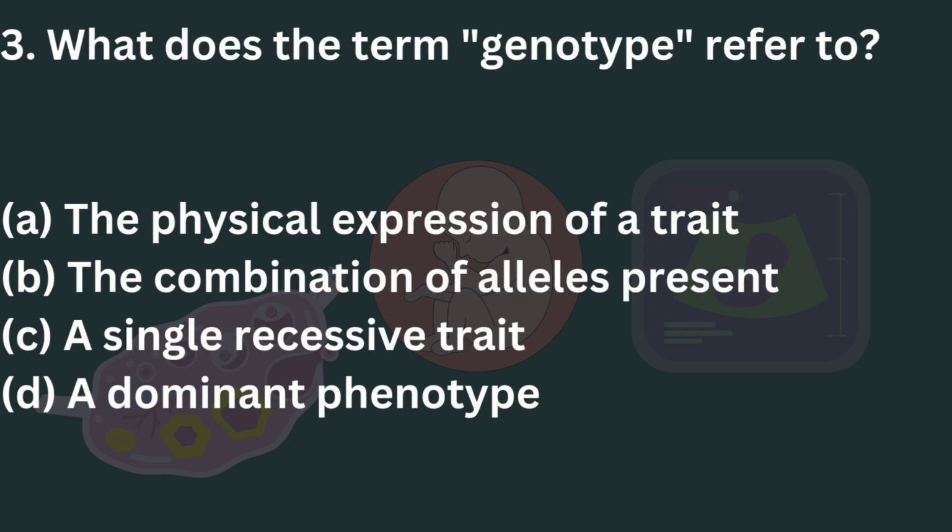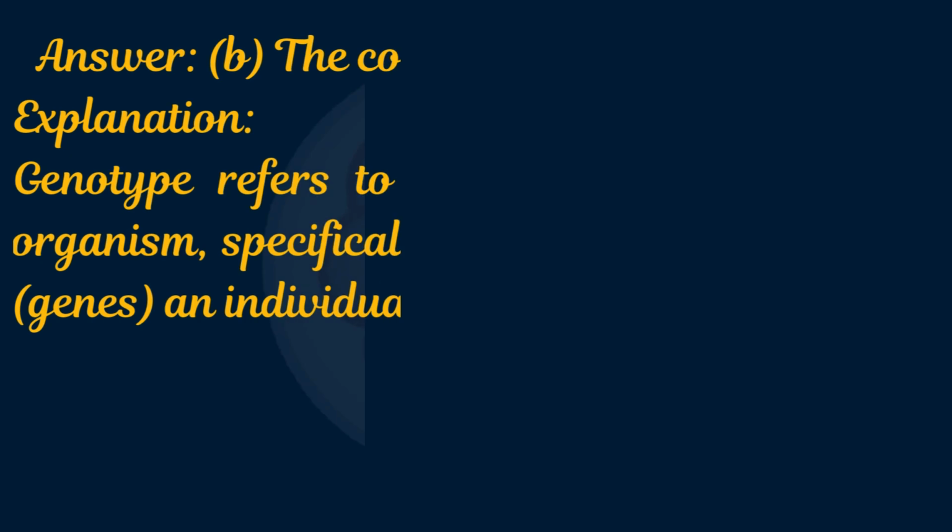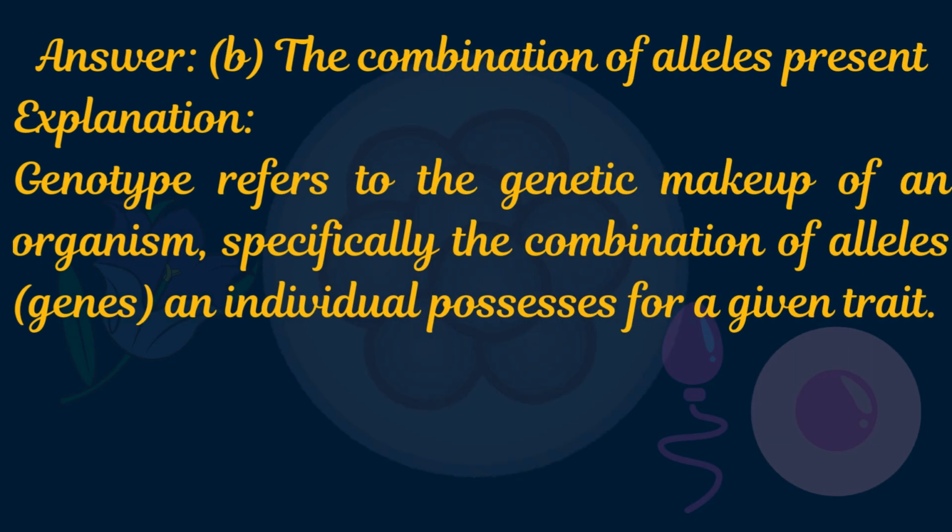3. What does the term genotype refer to? A. The physical expression of a trait. B. The combination of alleles present. C. A single recessive trait. D. A dominant phenotype. Answer: B. The combination of alleles present. Explanation. Genotype refers to the genetic makeup of an organism, specifically the combination of alleles, genes, an individual possesses for